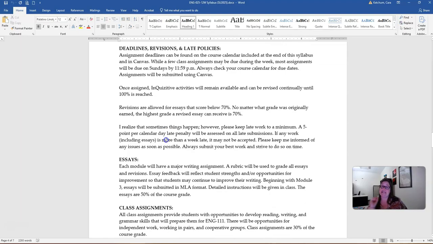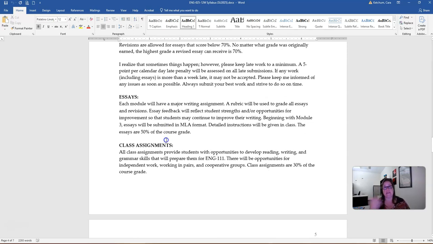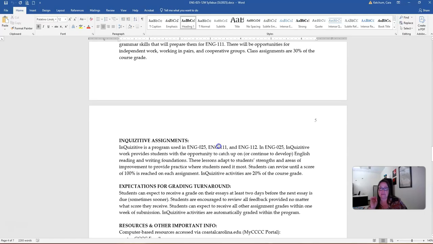If work is late, it's 5 points per day it's late. Okay, so you can do with that what you will. And that goes for essays, that's any late work, okay? Except for inquisitives, because obviously you can keep going back and revising those. Okay. Let's see, so I've just kind of talked about essays and class assignments,